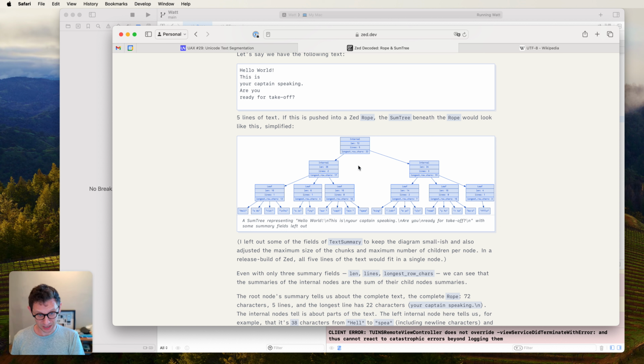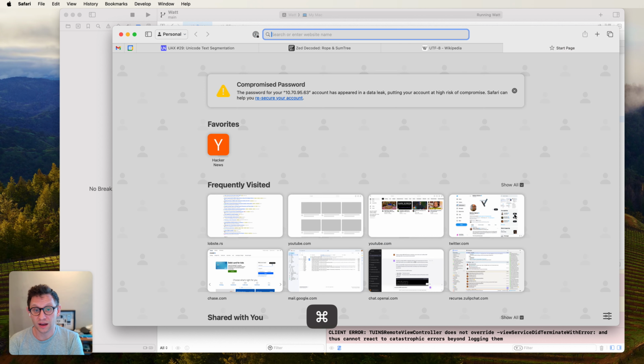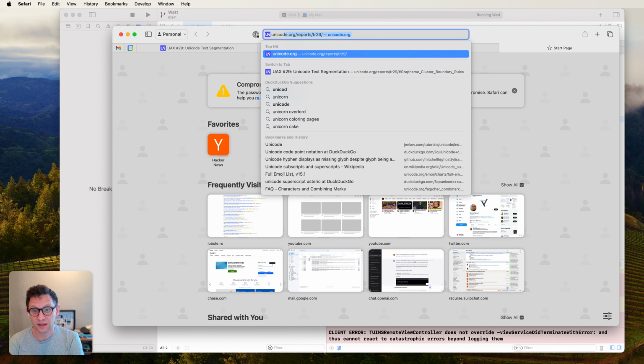You need to bubble that information up in order to get the log n access property. But if you relax that restriction, if you say, well, maybe we don't have to present the same interface as Swift String, there is another way. There is a way to get away with not storing any of this text at runtime. And that is,